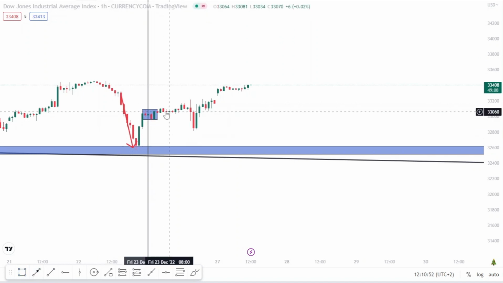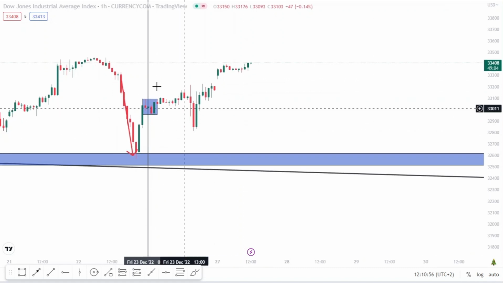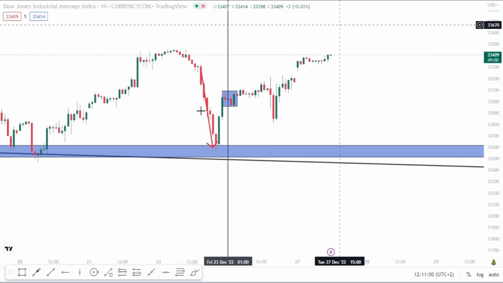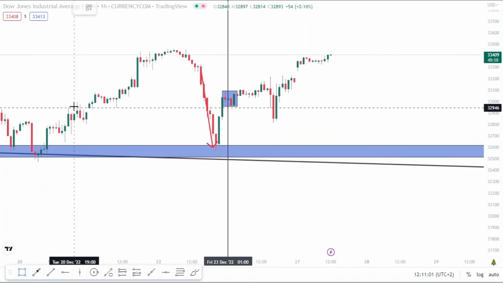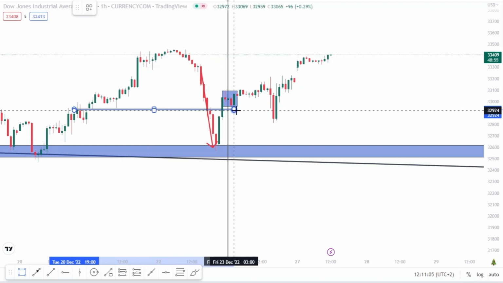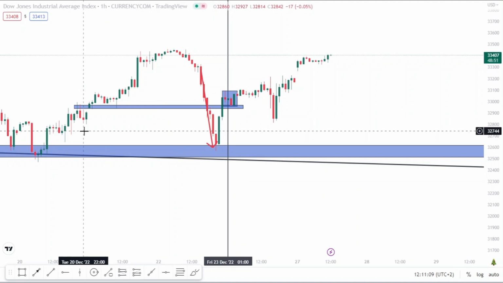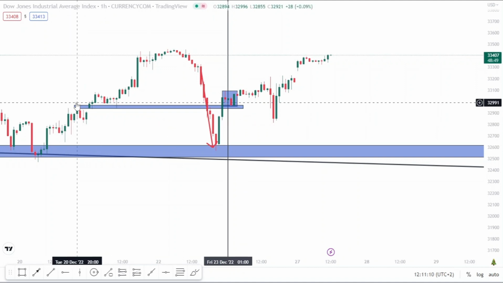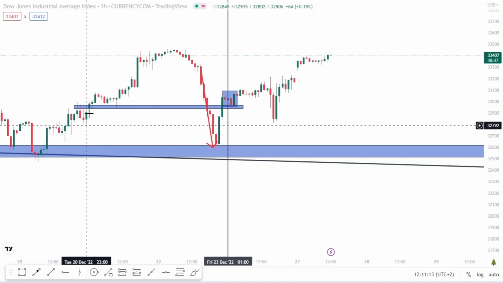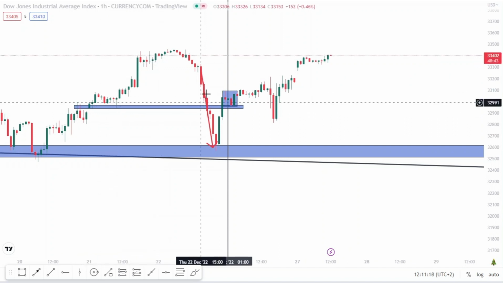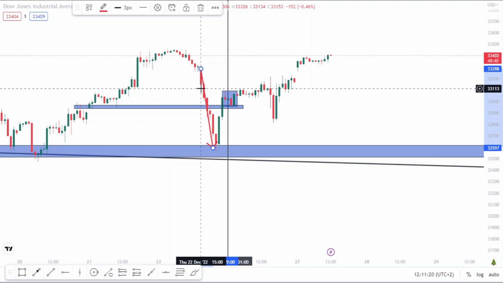And on smaller time frames, you could actually start looking for buys. But when the market is actually stuck like this, I don't like taking buys unless I know that price is at a support level. So if I were to stretch out this line like this and determine that price is indeed at a support level, that's the only time I would actually start looking for buys. We can clearly see that this was a resistance level right here. Price pushed above it, it came back to this, and this was support, and it pushed all the way to the upside. So if I can determine this,